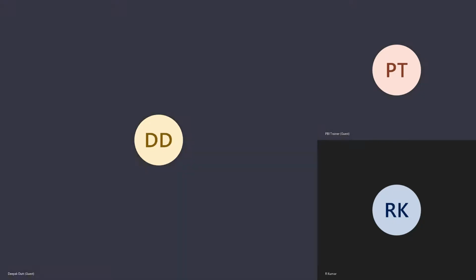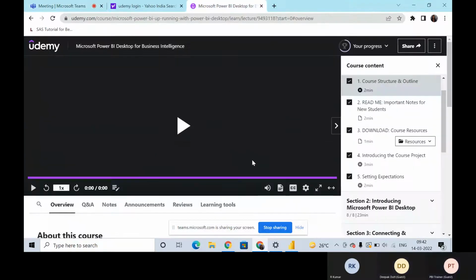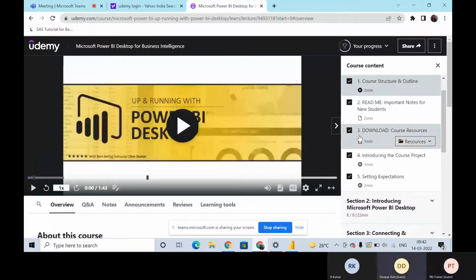Yeah, so let me share my screen. I have it here. Let me know once you are able to see. Is it visible? Yeah. Yeah, the right side you can see, the left side is